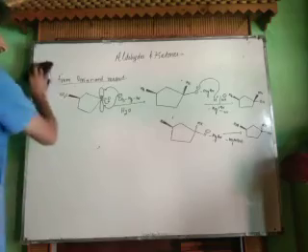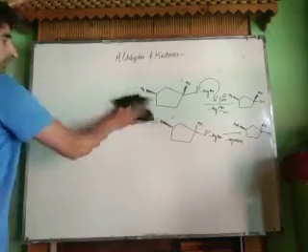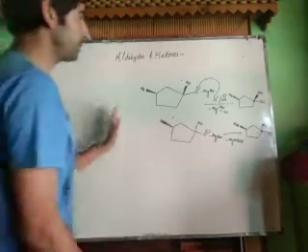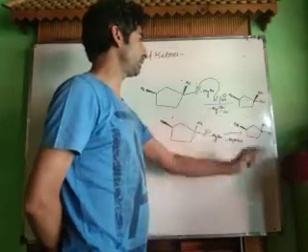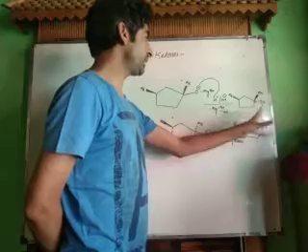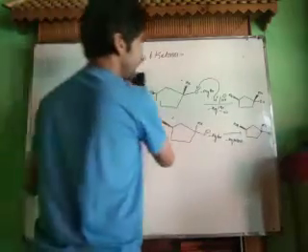Now let us discuss one more important question. Next time if this question is asked, they will ask you how many types of products are formed: only A is formed, only B is formed, or both A and B are formed. We cannot predict whether A and B are both formed.